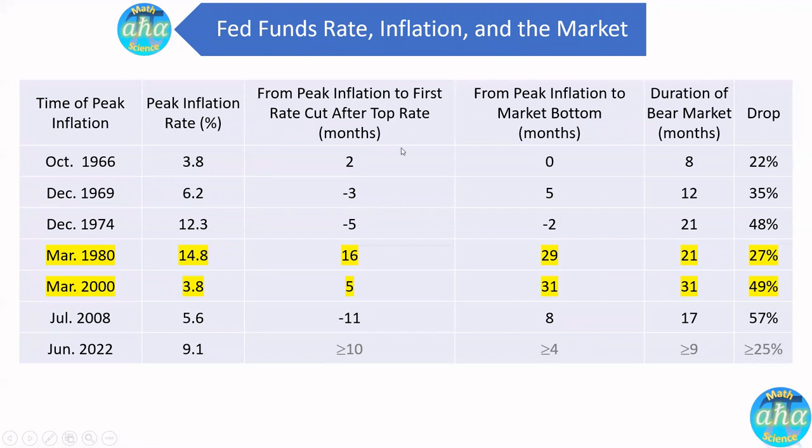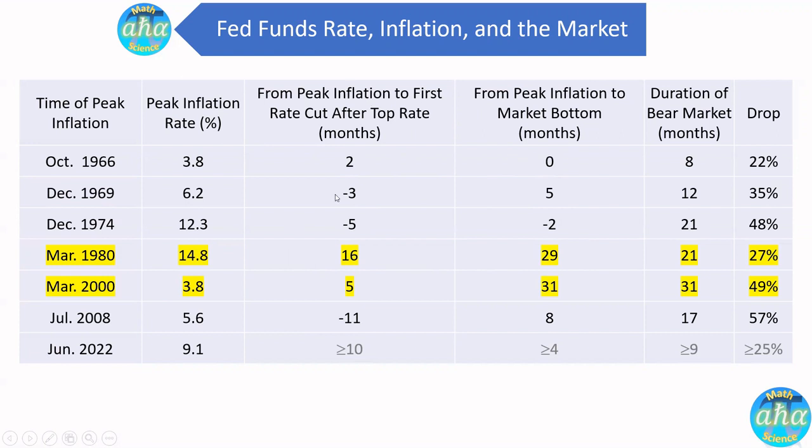So you can see from this table that these two lows kind of stand out. This is when the Federal Reserve waited quite some time before making a rate cut. And correspondingly, you can see the time from peak inflation to market bottom is more than 2 years. In other cases, the Federal Reserve either cut the rates way early, before even the inflation peak, or just a little bit after inflation peaked. Then it does not take a lot of time for the market to bottom.